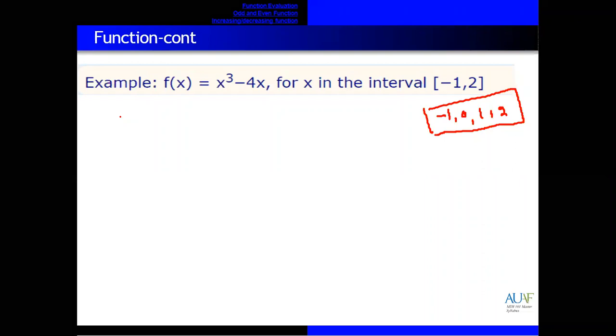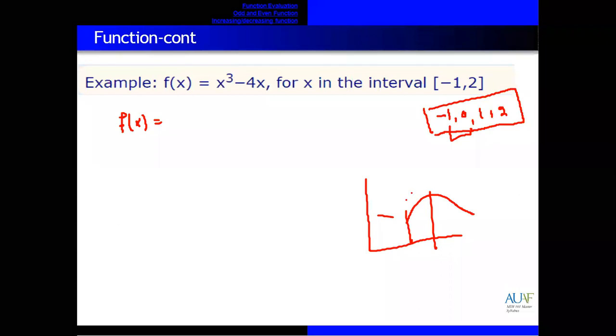Sir, isn't it both increasing and decreasing? No, it depends upon the interval, the values given. Some graphs show increasing and decreasing both, but it depends upon numbers. Like if we have this graph, between these two values, it's increasing. But between these two values, this is decreasing. So it depends upon values given.